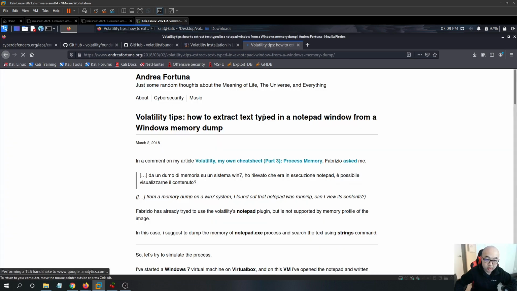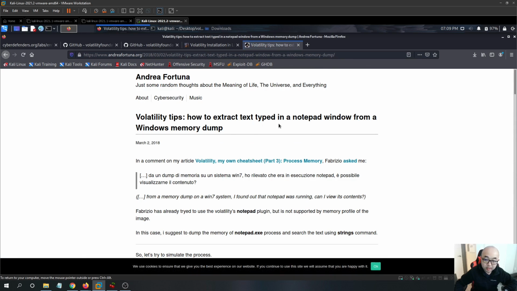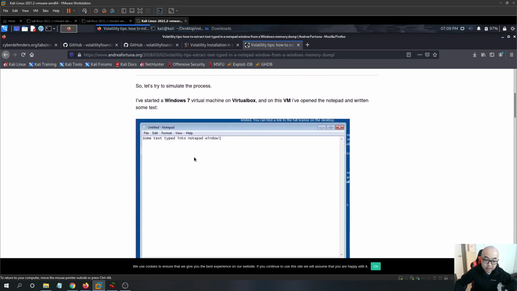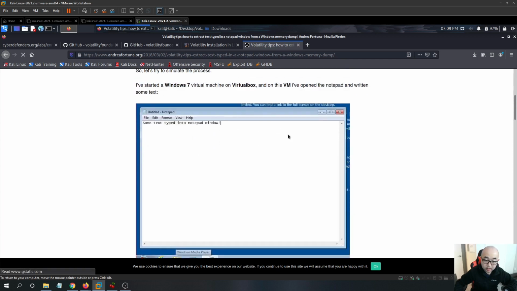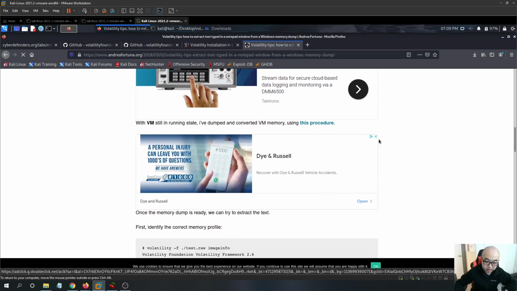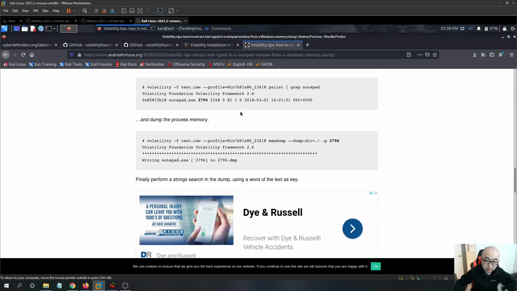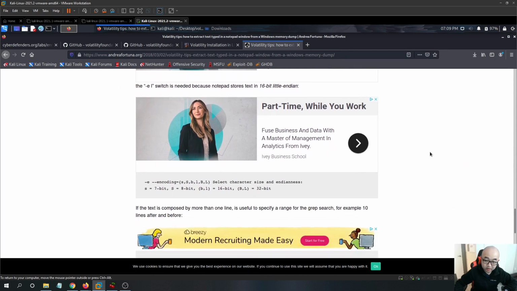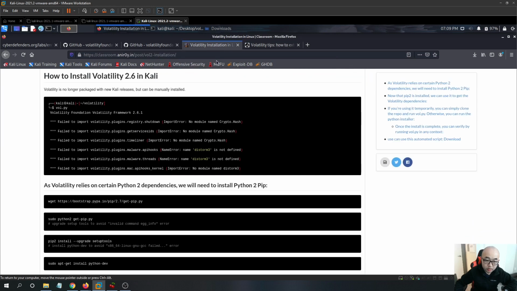It will be a good resource for you guys to check out. It basically tells you how to extract text typed in a Notepad window from a Windows memory dump. It is extremely useful. So if you have a Notepad and it has some text in it, it can still be extracted with Volatility. So it is extremely powerful. I'm going to attach this in the description field, and you guys are free to check it out. And the next question is